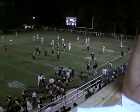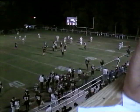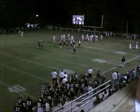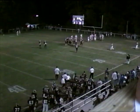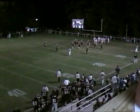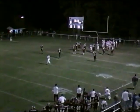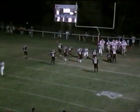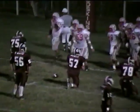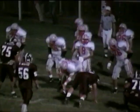Yeah, that's going to cause us a few problems down there because it's really close. It was a putt that Matt couldn't come up and field. It hit before he had opportunity, and then he made the decision to let it roll. So we're really backed up now. Ball will be on the 2-yard line. First and 10 from the 2 for Corbin, working from the left side of the football field. 9 minutes left to go here in the first period of play, and Matt Gibson will stay in there at